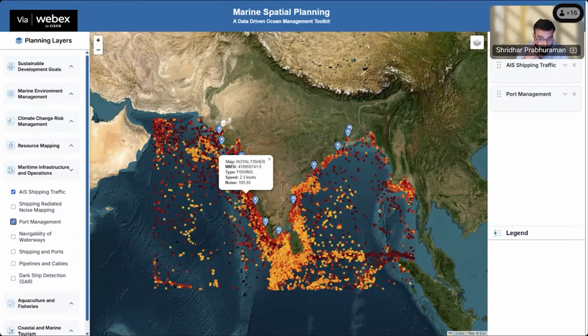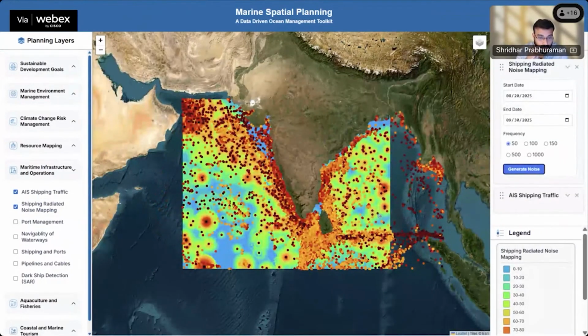So imagine we have a storyboard, a scenario where you want to identify, for a given shipping in the region, what kind of habitat we are trying to look at. Like how is the habitat getting impacted because of that? So you can essentially overlay the current AIS data. It could be a cumulative noise map, or it could be an instantaneous one, depending upon the need, depending upon what we are looking at. So we've got the AIS data, then we can overlay a map of shipping noise on top of that, which is again computed dynamically.